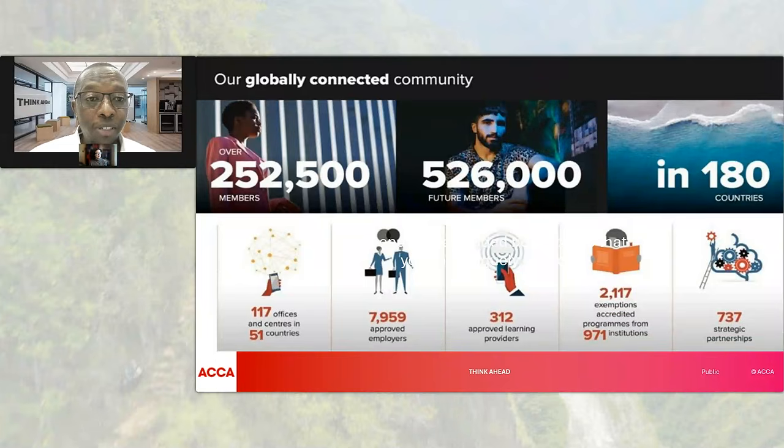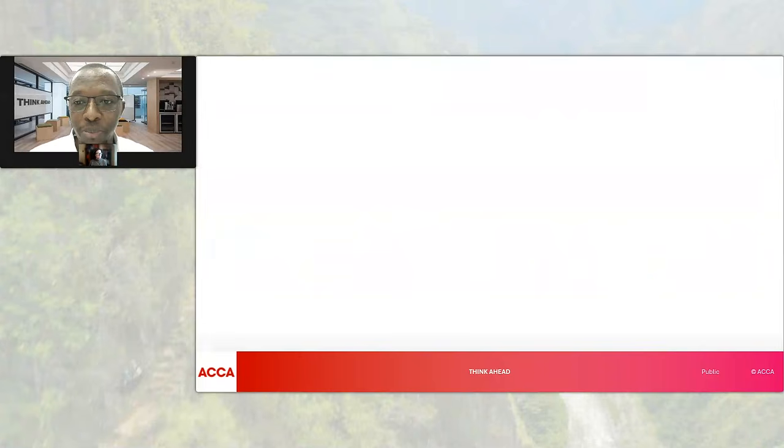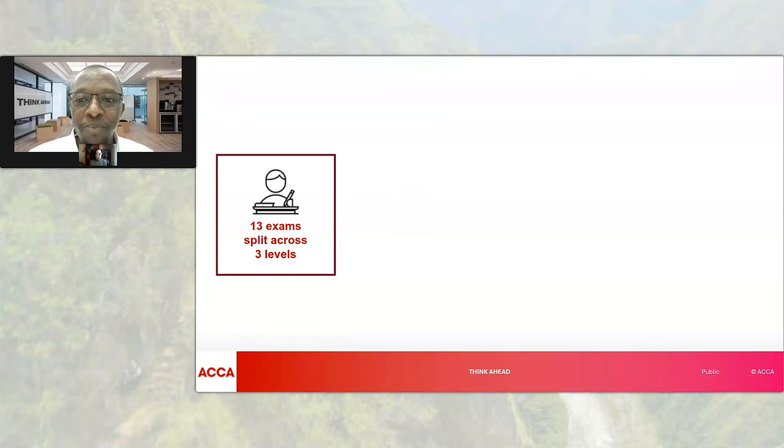Now, when we talk about ACCA members, these are chartered accountants who have met the three requirements of ACCA membership. So the three elements are exams, ethics, and experience. So the ACCA qualification develops the forward-thinking, sustainable business and finance professionals that the world needs. Now, part of the reason for that is that the qualification is developed in collaboration with employers, and we continually update our syllabus to reflect the latest developments in the real world of business.